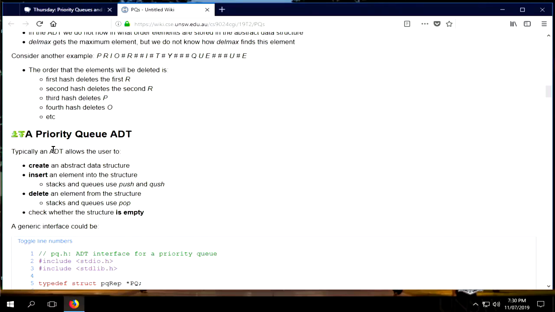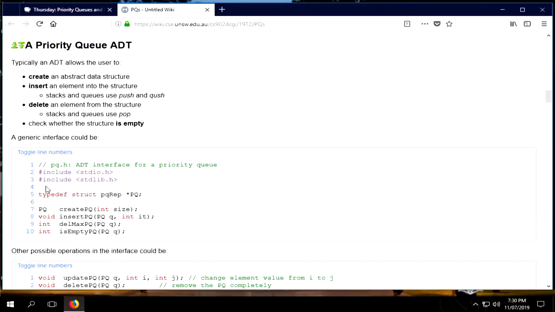So typically, an ADT allows you to create, insert, delete. Create, push, pop. I think push and pop are better terms. So what we want is, with a priority queue, with a stack or with a queue, we could actually go,